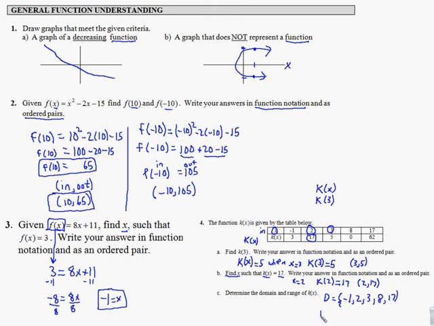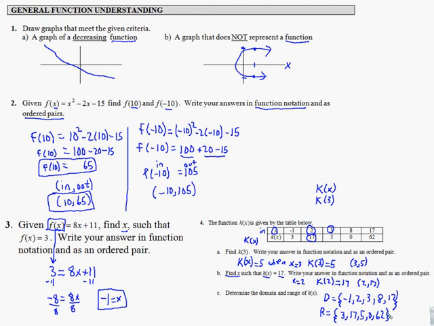The range of the data, or any function for that matter, is just the set of outputs. So I'm going to put my curly brackets here. Oops, I forgot my curly bracket over here. Some people call these braces, but some people call them curly brackets. My range is the set of possible outputs, so you can list them in any order. Some people insist that you start with the smallest and go up, but that doesn't really matter. So one way to write your range would be 3, 17, 5, 0, and 62, and that is 100%